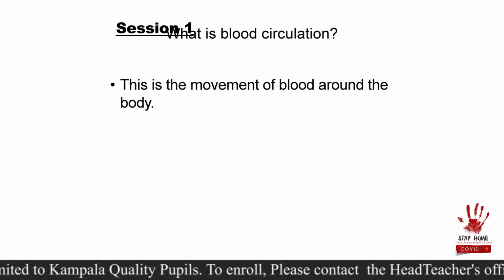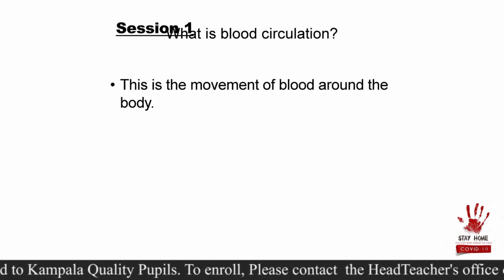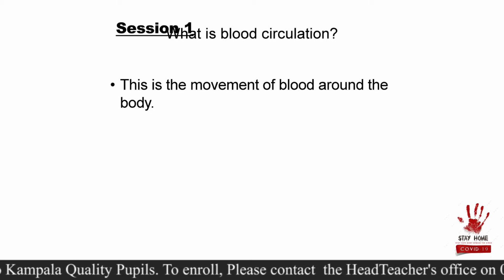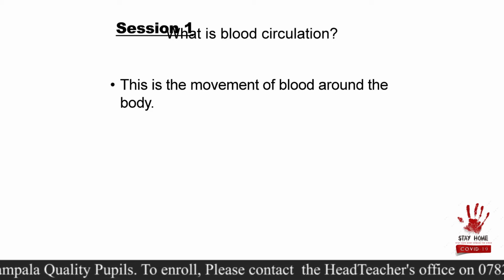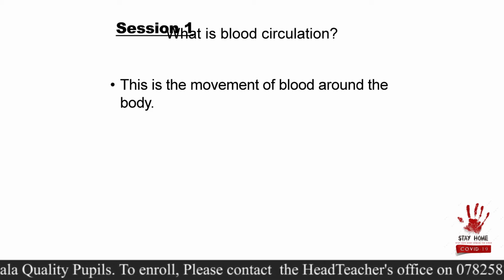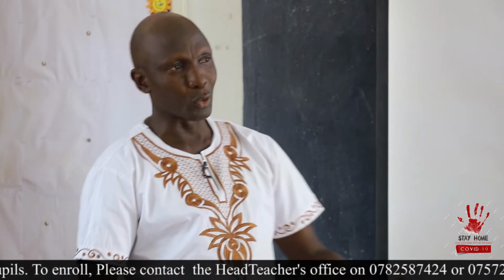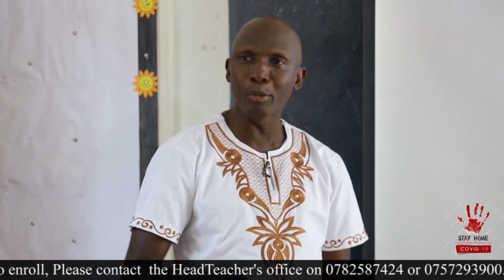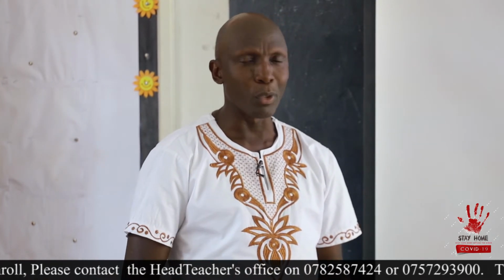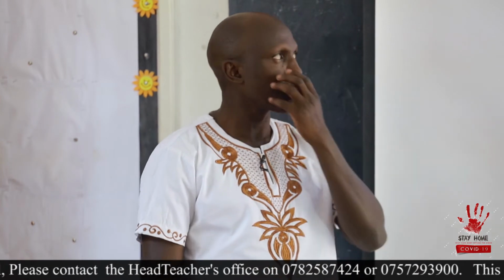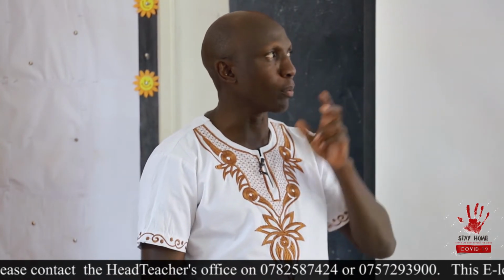So, can someone remind me? We looked at the word blood saturation earlier on in our first lesson. Remember that, children? Fine. We said that this is the movement of blood around the body. The blood must saturate around the body. And once it saturates around the body, several things happen. We're able to get the oxygen. We are able to get food to transfer to different parts of the body. We're even able to remove some waste products which could be toxic to our body. So today we are going to look at that movement of blood.